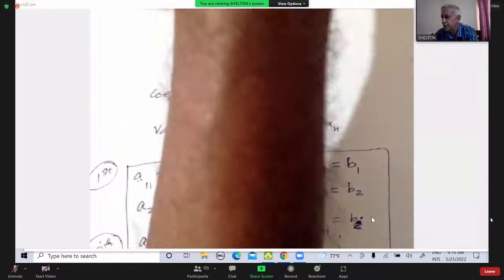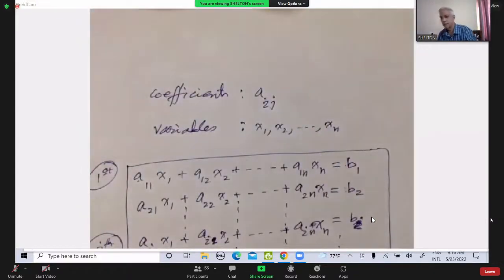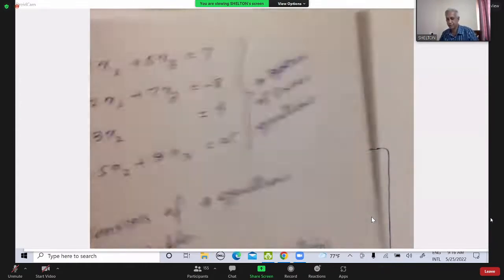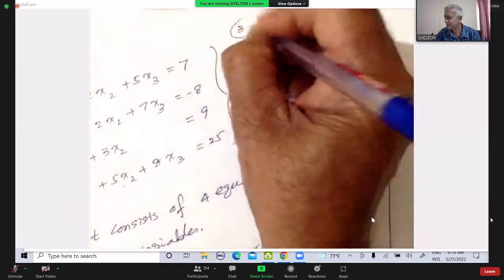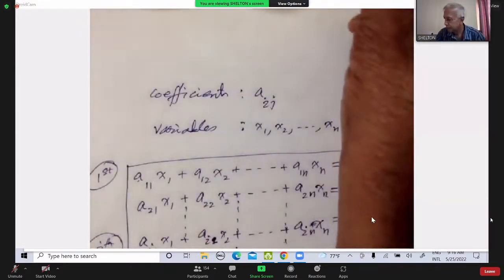I must get into the habit of putting the numbers from pages. Otherwise, later it will be difficult. That one, yes, 3, 4th page. I will upload the